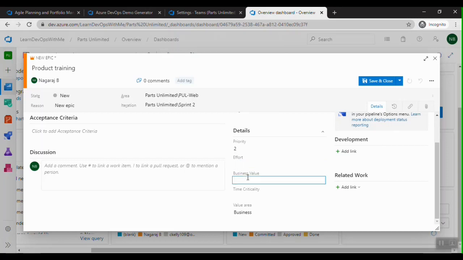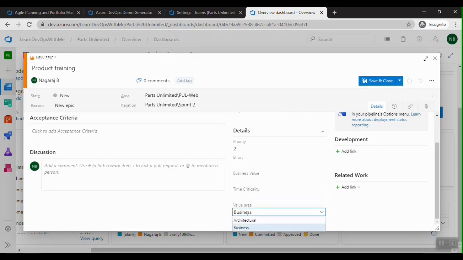Whereas business value, again, is a relative number. The higher the business value, the more critical this epic is to be implemented, right? Whereas time criticality is related to the business. The higher the time criticality, the more important it is, and if the implementation of the epic is delayed, then we are losing business value here.